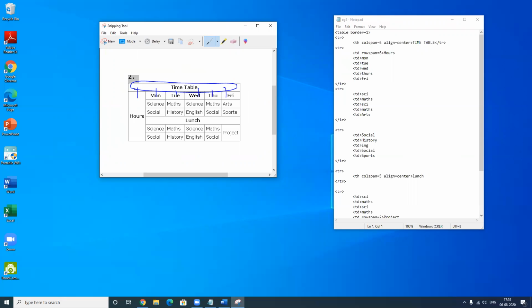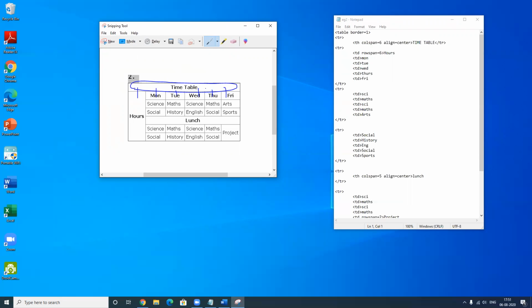So I have merged 6 columns to create one cell. Hence here, look at the notepad, children. TR, TH, colspan is equal to 6, align is equal to center, timetable.